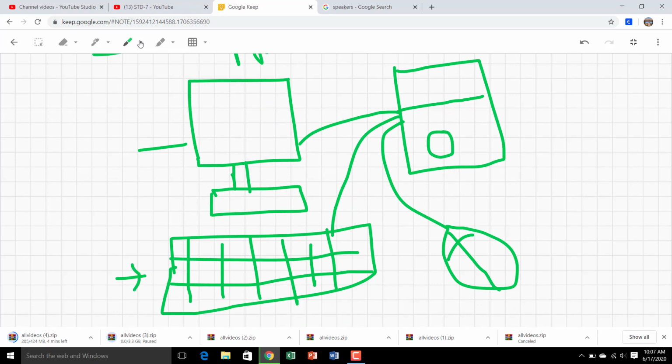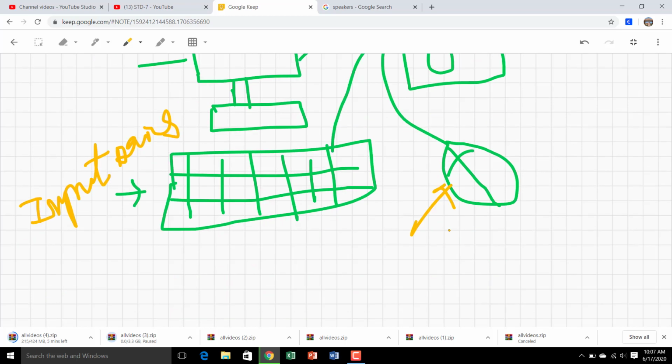This one is our input device, meaning you can give some command or data to the computer for processing.